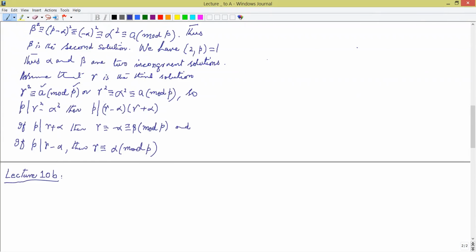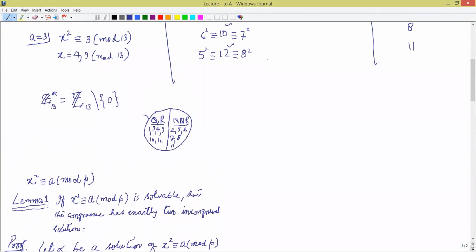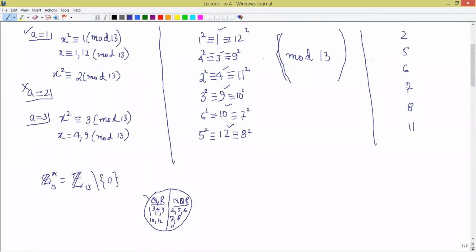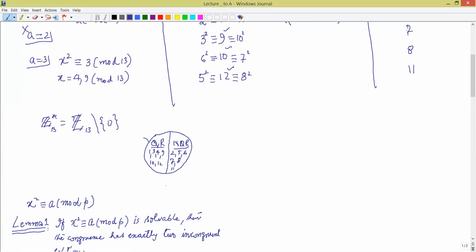In the last lecture, we discussed quadratic residues, and we discussed that for 13, the non-zero elements are divided into quadratic residues and non-quadratic residues. So there are an equal number of quadratic residues and non-quadratic residues for 13. So today we will discuss